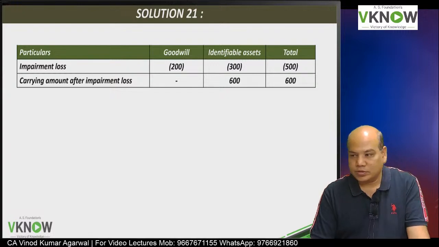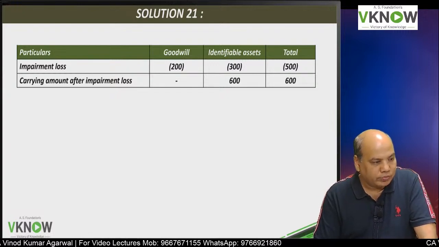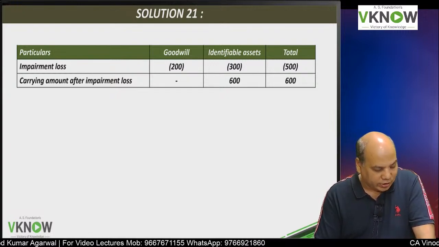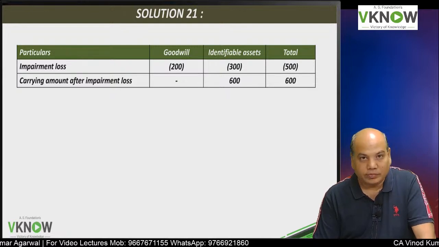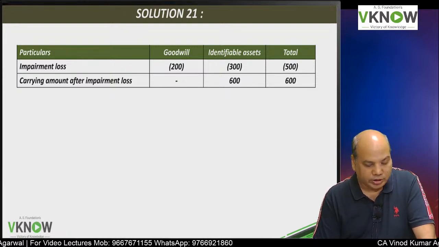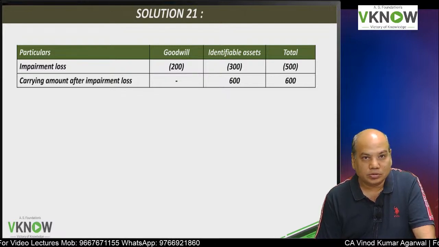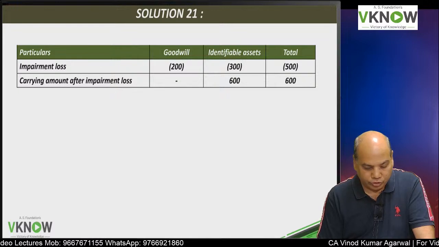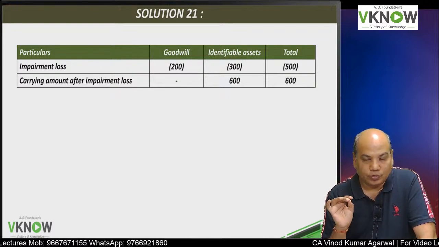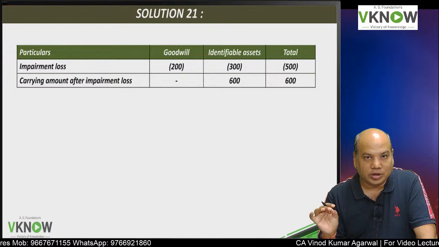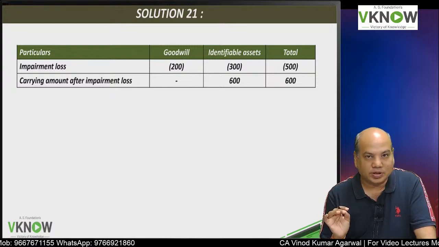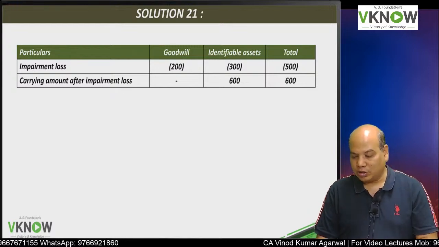Hello, good morning friends. Welcome back to Accounting Standard 28. We have covered question number 21. Question number 21 deals with goodwill impairment. So we have discussed if goodwill can be allocated on a reasonable and consistent basis, then we will allocate the